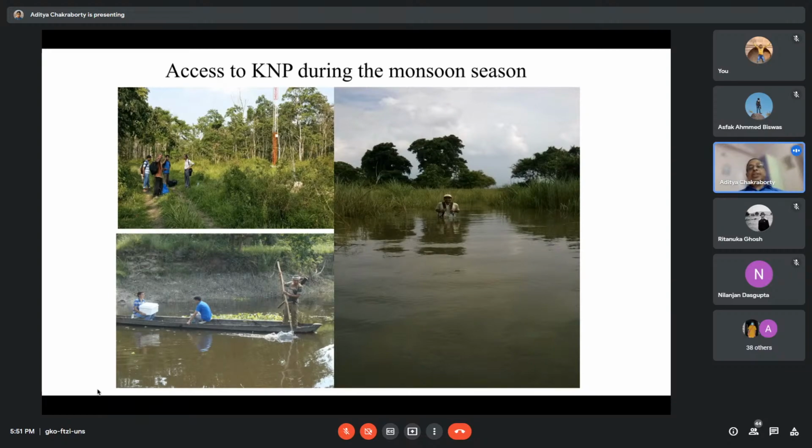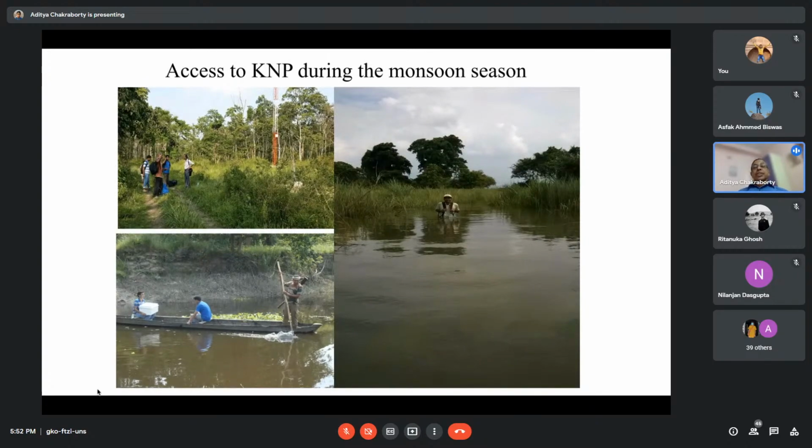In fact, during the peak monsoon time, that is July, August, we are not allowed to enter the forest, because whenever we like to go there, we have to approach the forest department, and they provide the armed guard, as you see here, because there are many animals. Without their support and permission, we cannot go to the site.